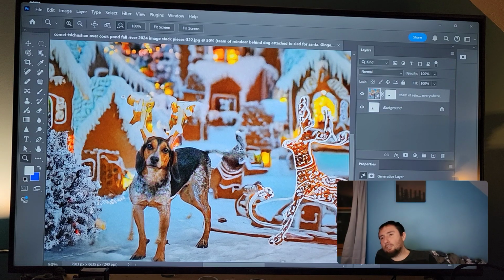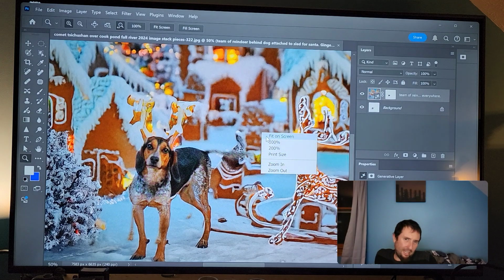I can't tell if this is supposed to be invisible antlers or something, because you can see that's not really part of the background. So there's something messed up there. The ear's kind of crazy, even though the ears are actually right there. I don't know what it is I'm actually seeing here.